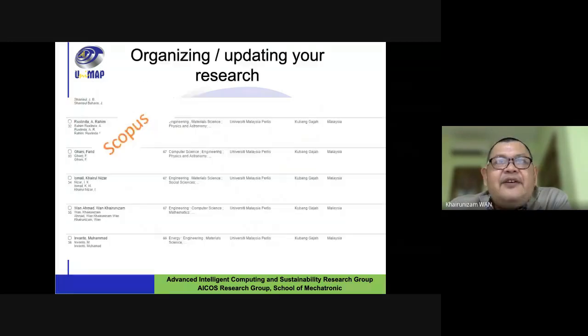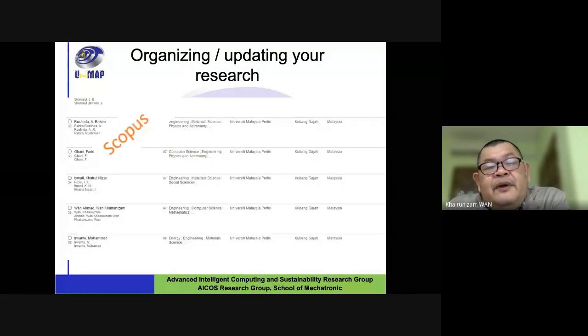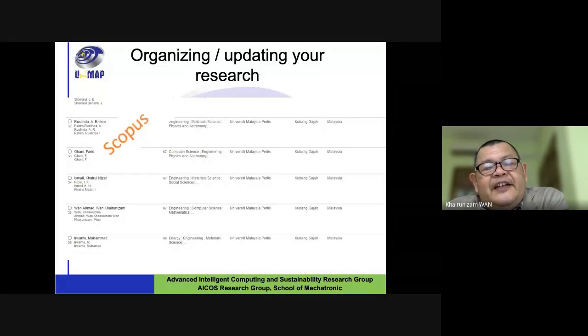Okay, that's all for the phases under research methodology. The first one is analysis, the second one is hypothesis, the third one is planning, the fourth one is experimental, and the last one is validation.